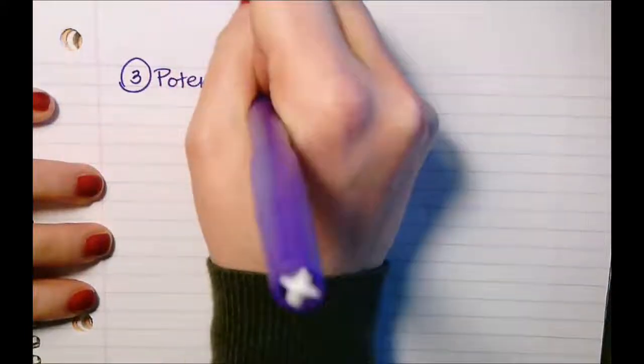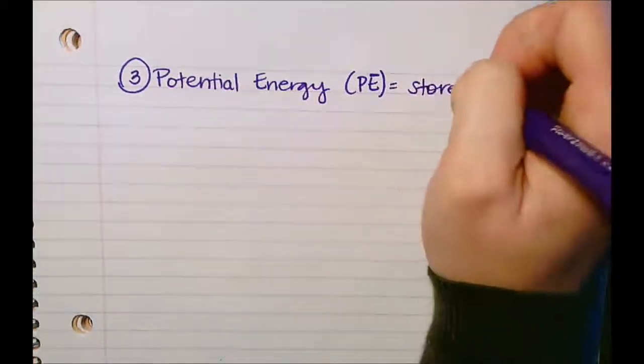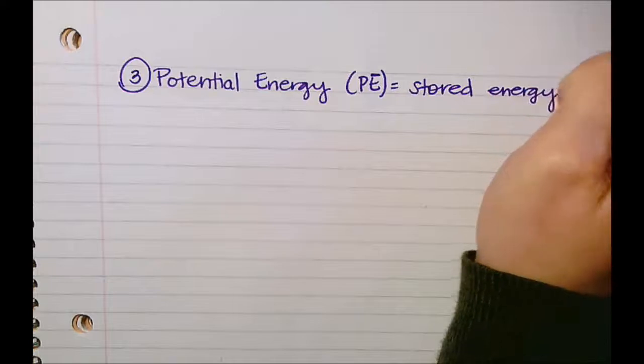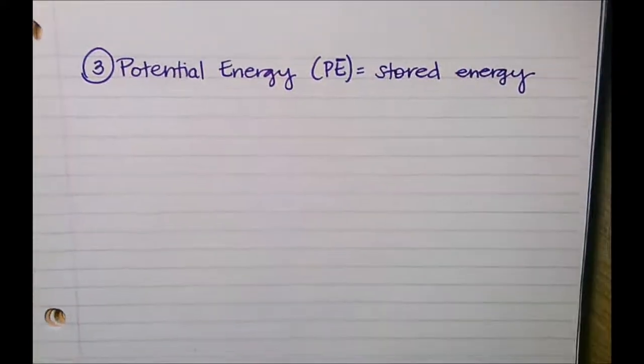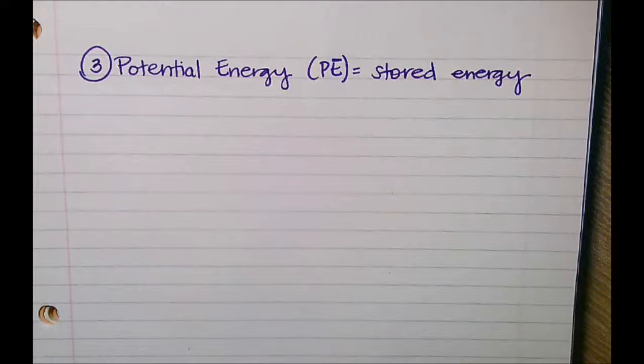Make this focus a little bit. All right, part 3, we have potential energy, which we abbreviate as PE. This is any type of stored energy. So stored energy, whether that be in chemical bonds, so for example, if you eat lunch and your food is digesting, you are creating chemical potential energy, or if a roller coaster is at the top of a hill, it will have potential energy. So it's stored energy